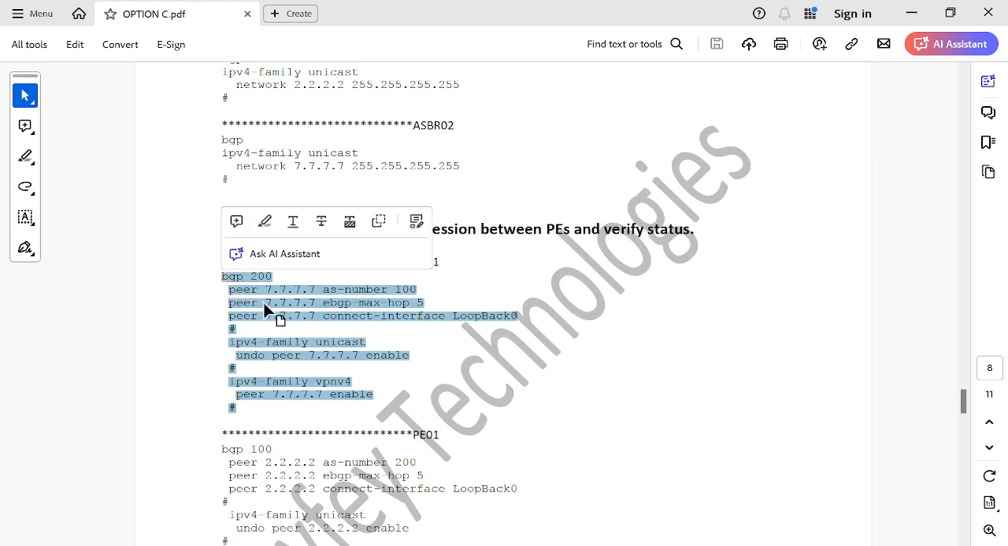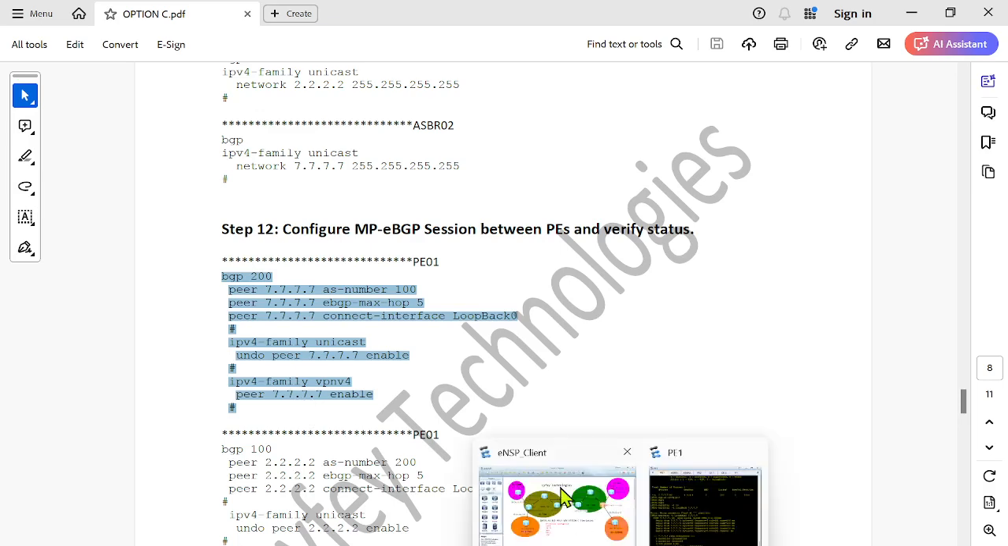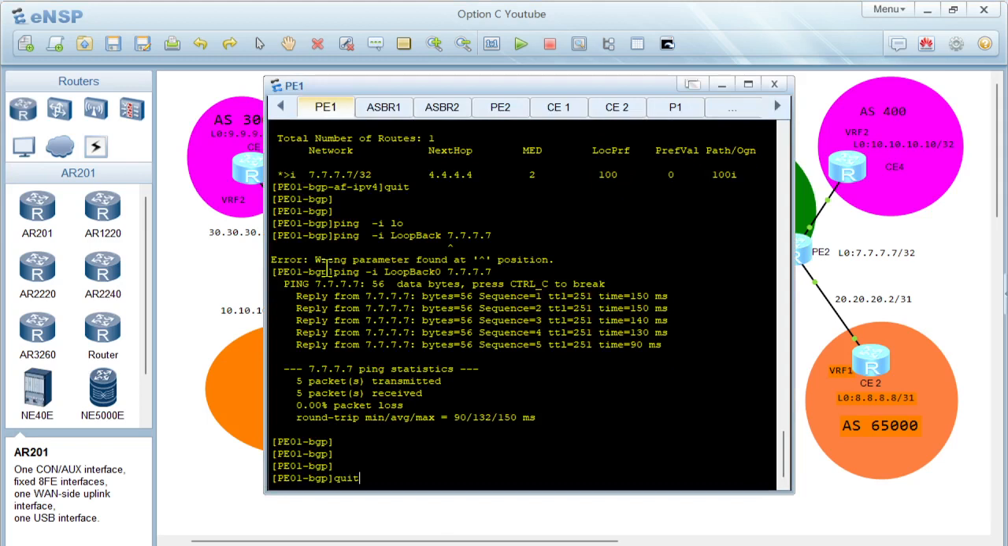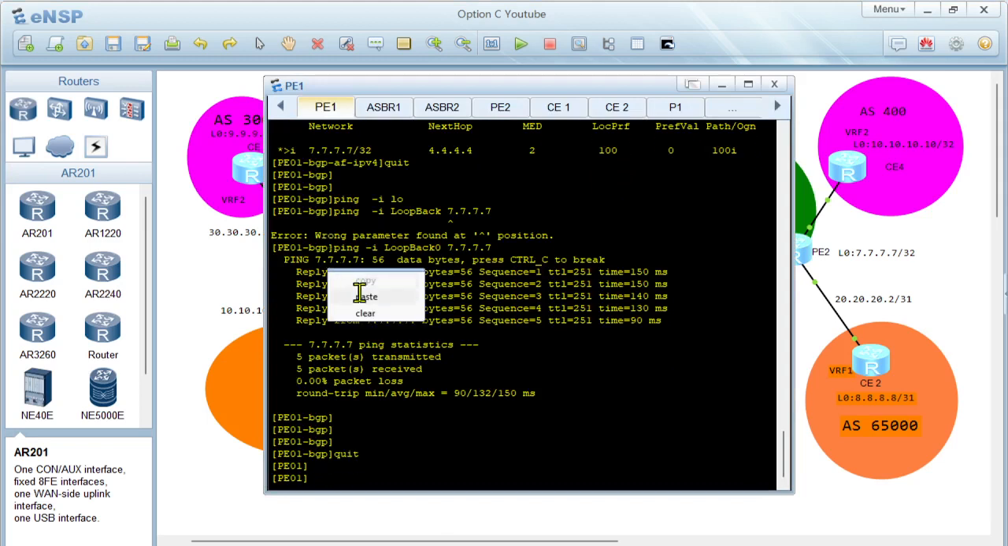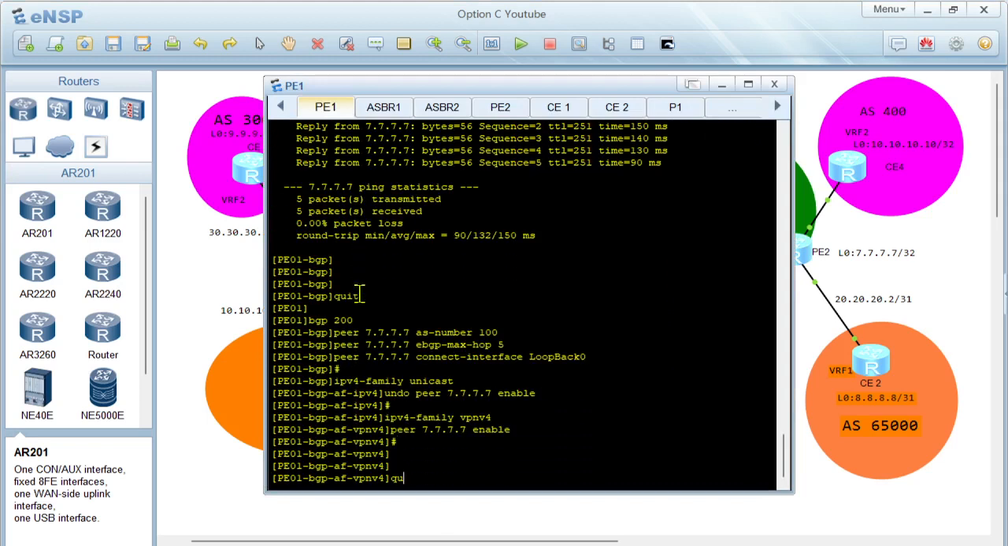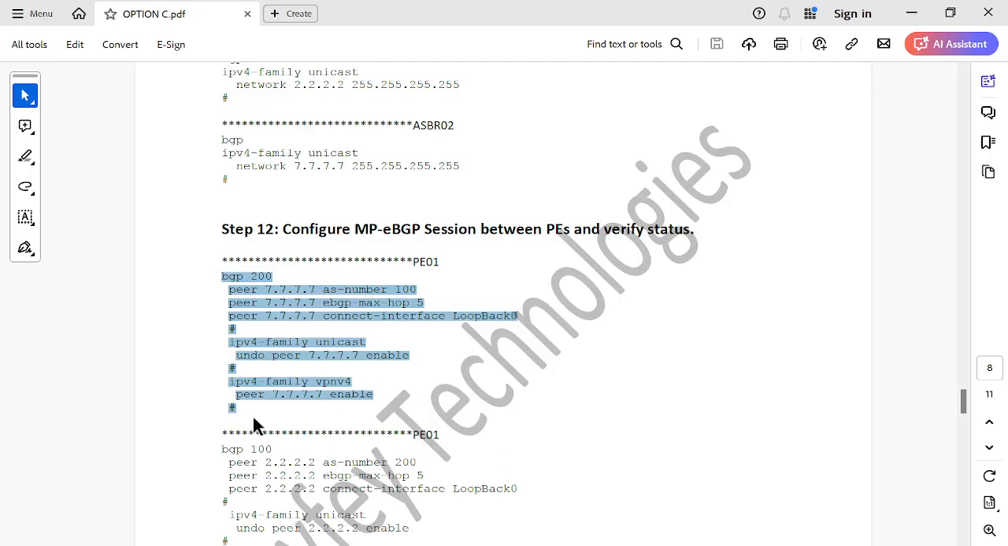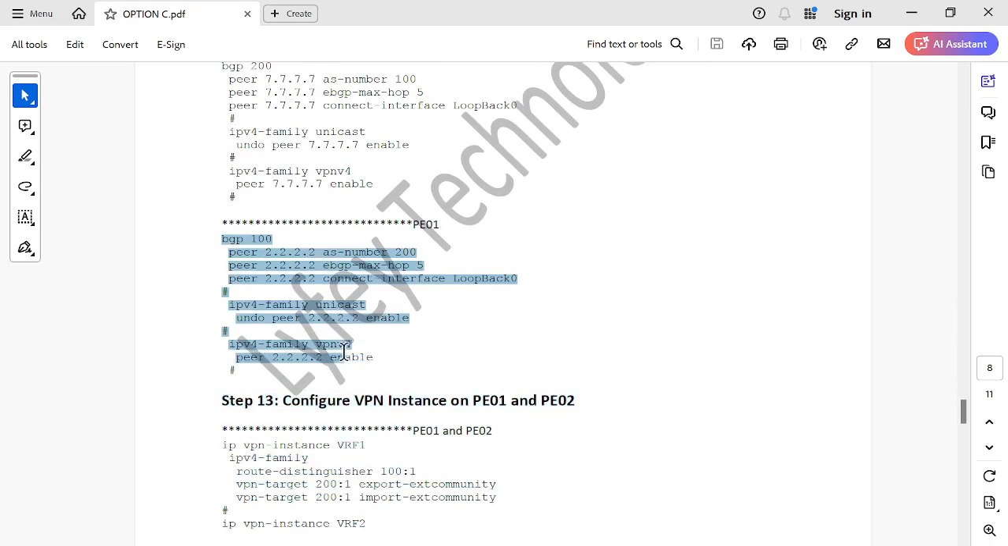So on P1, I will run the configuration. We are doing the VPNv4 peering between the two. And you also need to pay attention to the remote autonomous system number. So I've done this configuration. I will now go ahead and configure P2. This is P02, just a typo there. This should be on P02. We are peering to